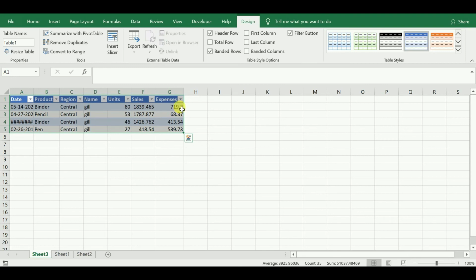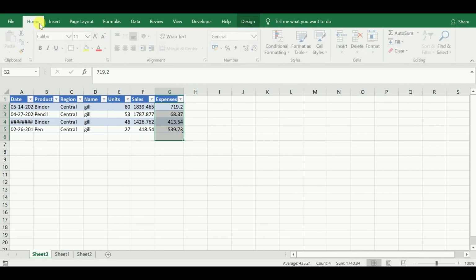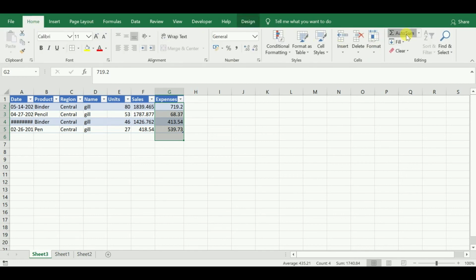In this way you can get the detailed information about any particular value. Now how we got this 1740 is, add all the expenses by using auto sum. So in this way you can get the detailed information of a particular value from the whole table.